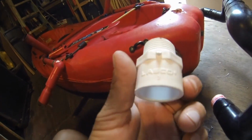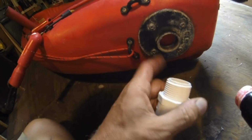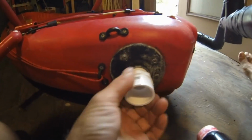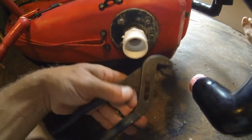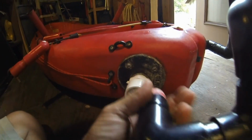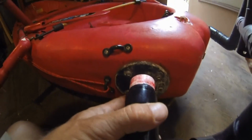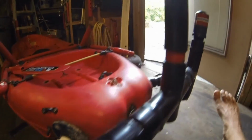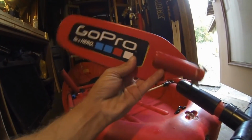I'm going to take this new 1-inch piece and fit it into this galvanized floor flange that I have attached to the yak. Tighten that down with some channel locks and glue in this piece here, and I assure you that does line up. So I'll wrench that piece in there and we'll be good to go again,